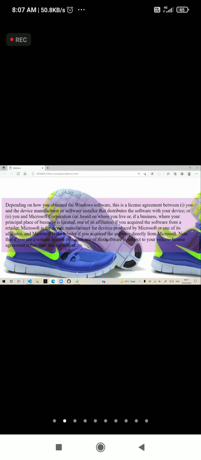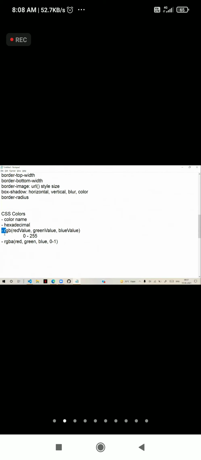So for colors, we have the color name, hexadecimal, RGB, RGBA. Using color codes, hexadecimal which we already learned, we have gradients also. A gradient is nothing but a combination of multiple colors you can apply.